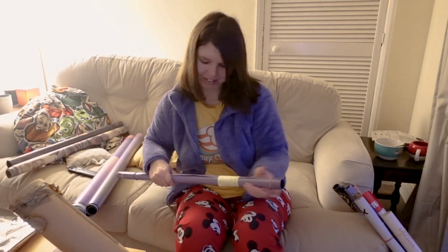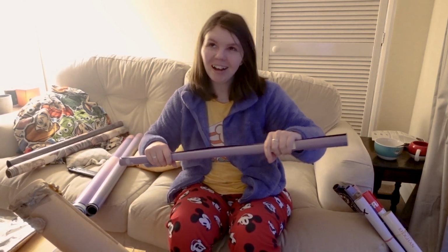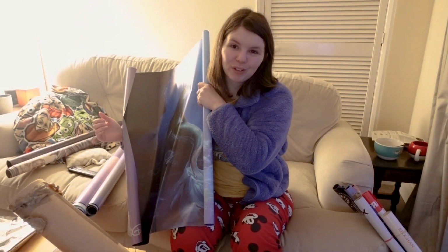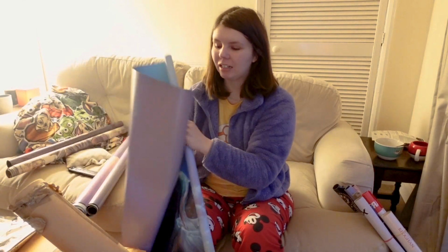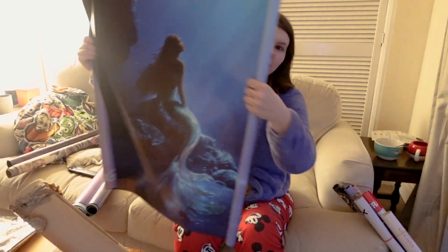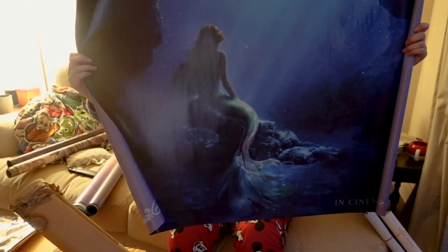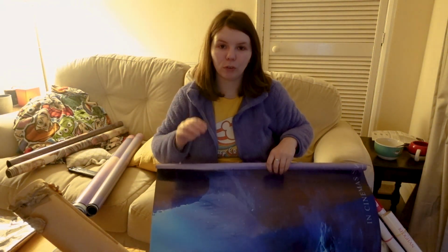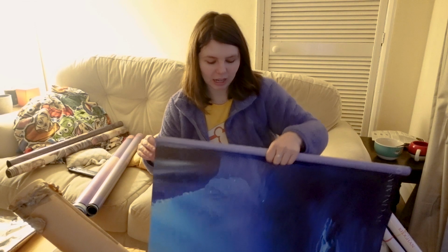Oh, the Little Mermaid. This one, I've just remembered, is the teaser poster, but the teaser poster is so much nicer. I wish that I had the portrait version, because I think on this poster there's a lot of dead space, but how pretty. I tend to either go for the full art posters that have a piece of the storyline or the full cast on it, or the one that's most beautiful, because we get these teaser posters when